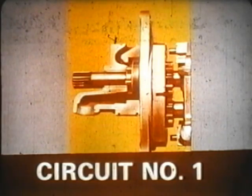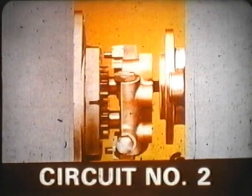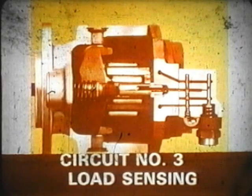The first circuit operates the power director and lubricates the high-low range box. The second circuit handles the tractor functions: steering, brakes, cooling, filtering. And the third circuit is an exclusive closed-center load-sensitive piston pump, supplying fluid power to the remote rams and to